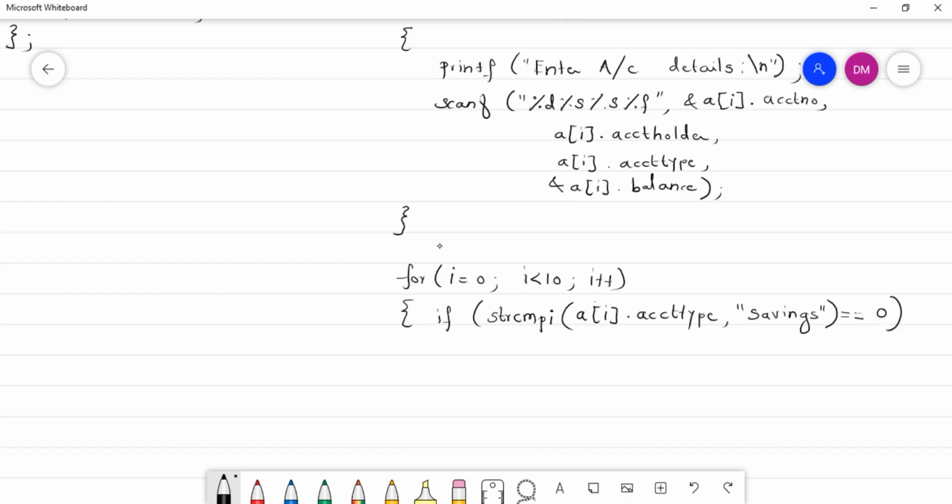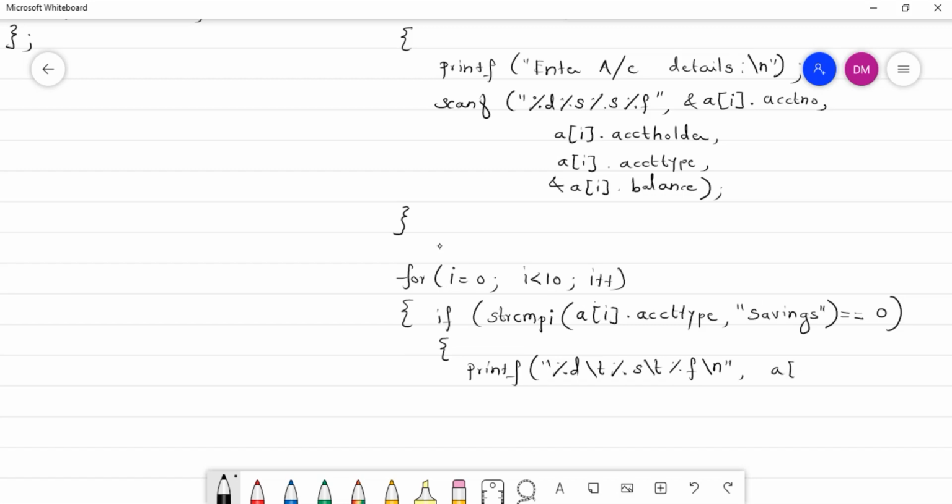So as I said, if both the strings match, then only we are going to display that account's details, right? So let me print that detail. So printf, say %d, you can use a tab here to separate the output, %s again \t, %f. Then after we are displaying the balance, and here I am putting the newline character, so \n.